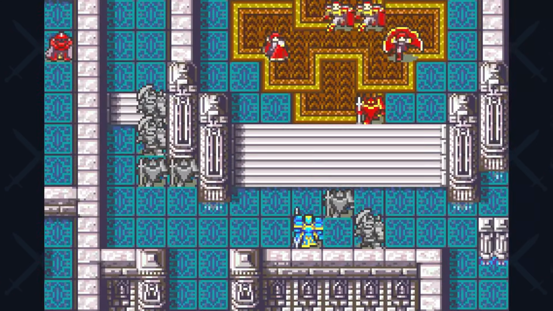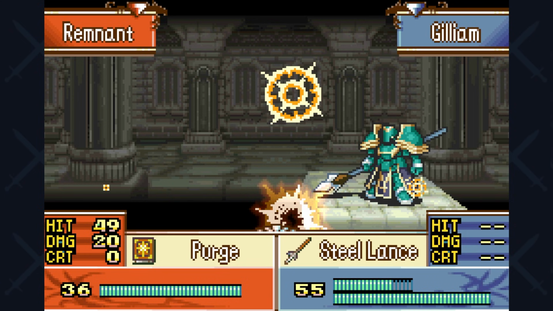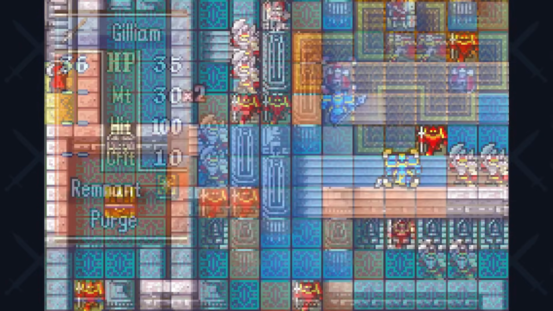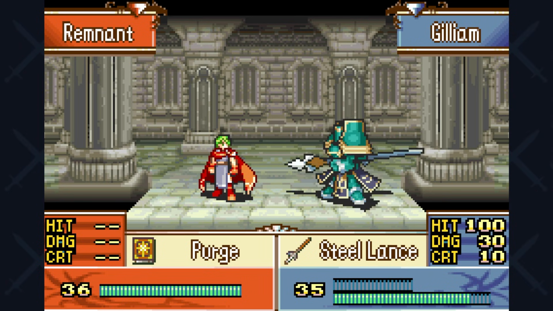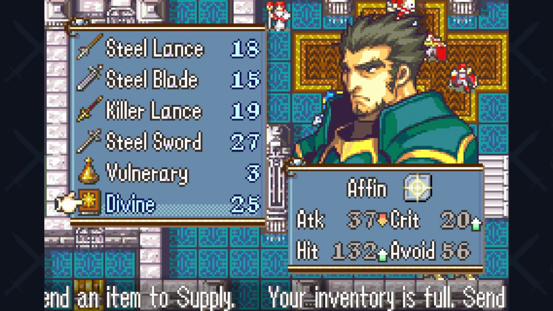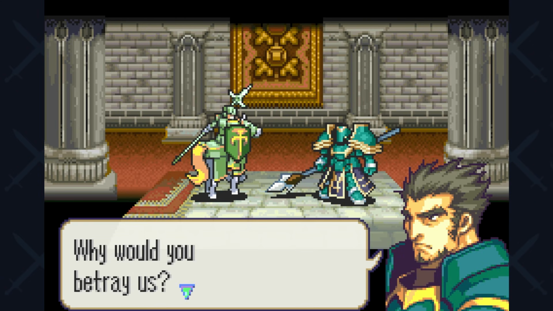As we can see here, these long range mages, if they hit, we're in trouble, but the one with bolting seems to have a much lower chance to hit. The one with the purge is a little scarier, so the plan is simple: beeline it to the mages, take them out quickly, which as you can see we do. Then we go grab the talisman on the highest chest on the right side, because that's going to be very important for res,